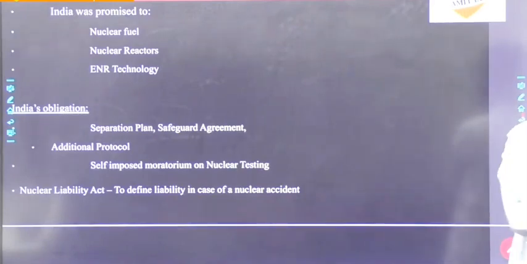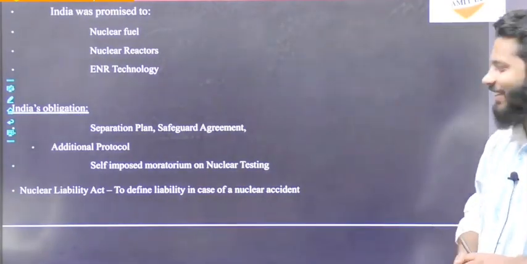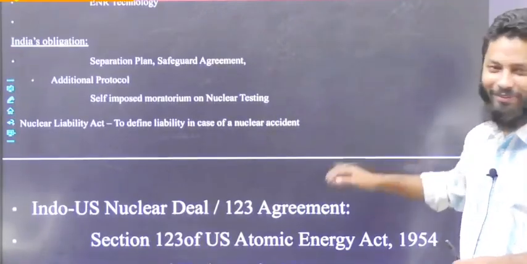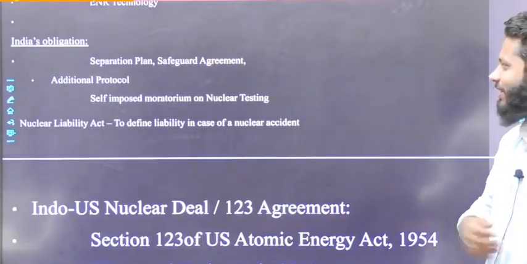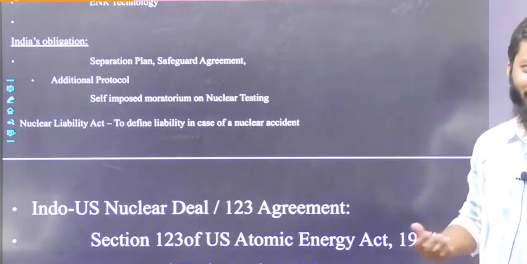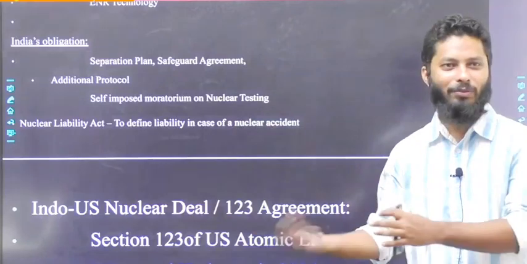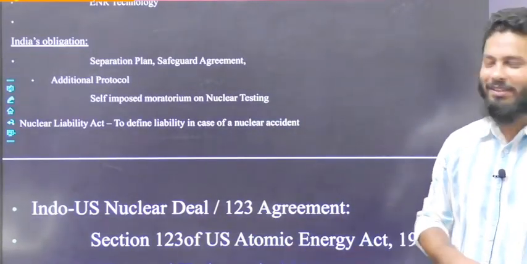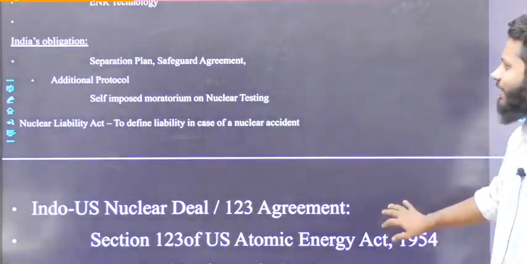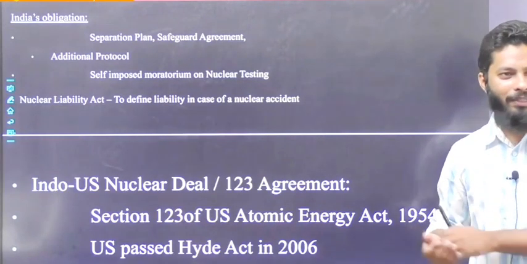चाइना कहता है इंडिया को देना है तो ठीक है, पहले पाकिस्तान को भी दो। तो पाकिस्तान का रिकॉर्ड इस बारे में काफ़ी ठीक नहीं है, न्यूक्लियर प्रोलिफरेशन, AQ खान, ये सब बहुत केसेस हैं पाकिस्तान के, इन्होंने न्यूक्लियर वेपन टेक्नोलॉजी पास ऑन की है और इनको मिली भी है। तो रिकॉर्ड अच्छा नहीं है, NSG की मेंबरशिप बहुत दूर की बात है, ठीक है। फिर इंडियाज़ ऑब्लिगेशन क्या था, तो एक हमारा सेपरेशन प्लान था, वो हमने देखा, हमने 2006 में सेपरेट कर लिया है।